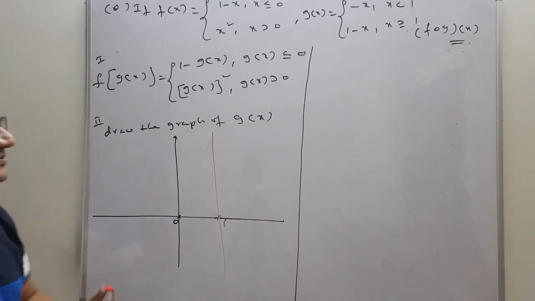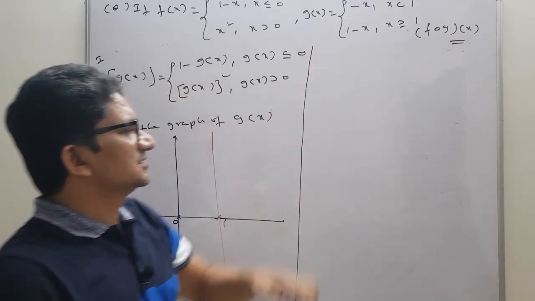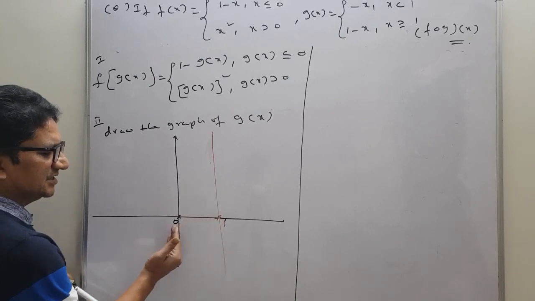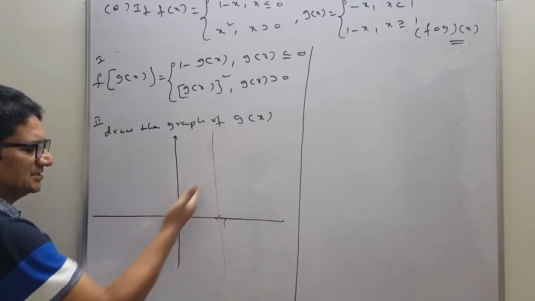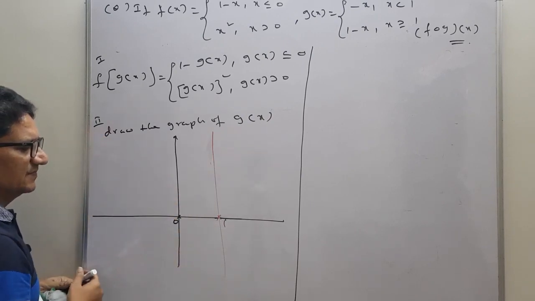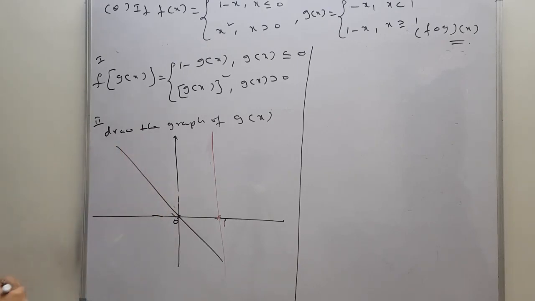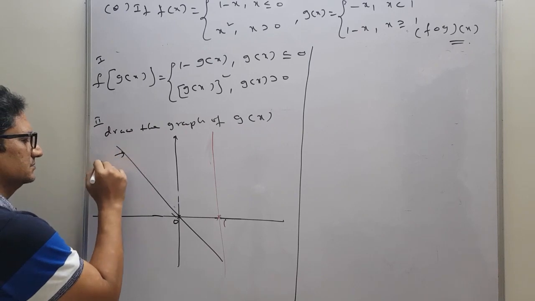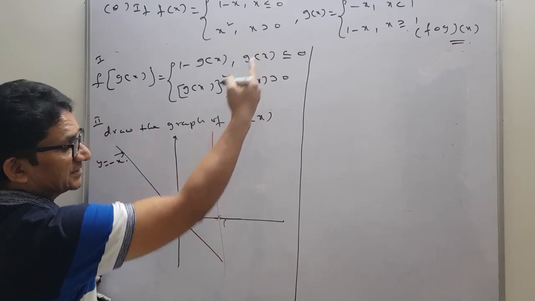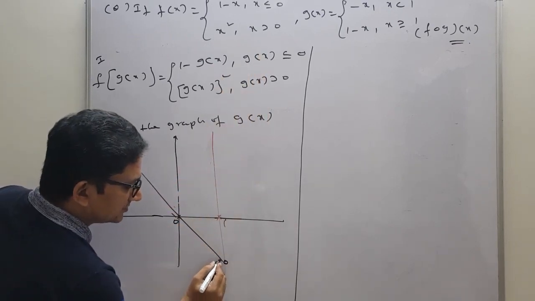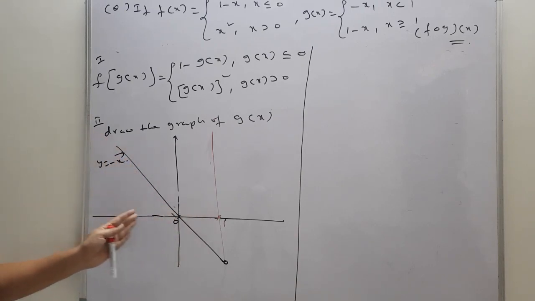Okay. Now we will observe, see, when x is less than 1, g of x is minus x. X less than 1 means this direction. In this direction, the graph is what? Minus x. We know that y equals x is this type and y equals minus x is this type. So that means we will get a graph like this. So this is the line y equals minus x. So we will draw up to here only, and since it is x less than 1 only, here we will keep an open bubble. So it will come up to here. So this is the line y equals minus x when x is less than 1.